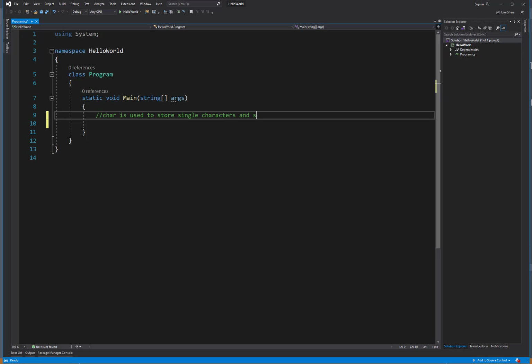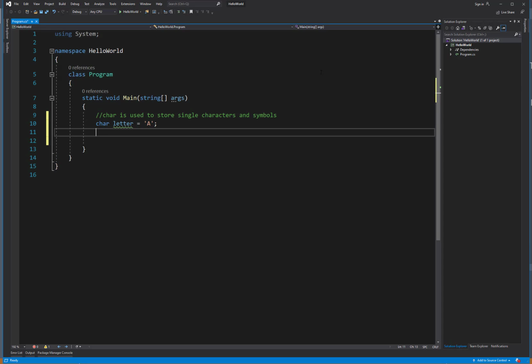and symbols. So we say char, C-H-A-R, and we give it a name. And we equal it to the single letter or symbol that we want to store. And we have to encapsulate that in single quotes, like that. Let me make that note in the comments so you can see. Must be enclosed